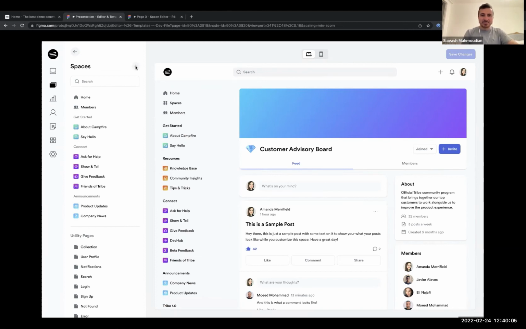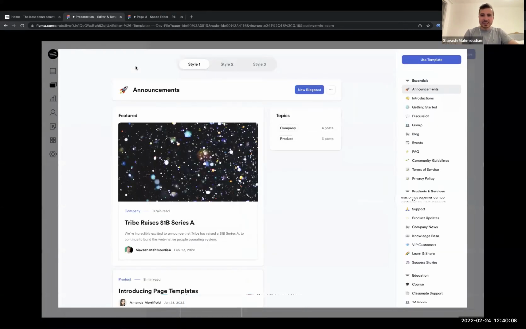If I click on this plus icon to create a new space, I will get to this screen, where we thought for you about the types of spaces or pages that you may need. This list is based on 3 years of experience. We grouped all the spaces that you have created, and these are the most common names. Based on those, we thought about the best look and feel and best experience for each of these items. We have categorized them into 3 different categories here, and a lot more will be coming. Imagine, we will let our customers build these templates.